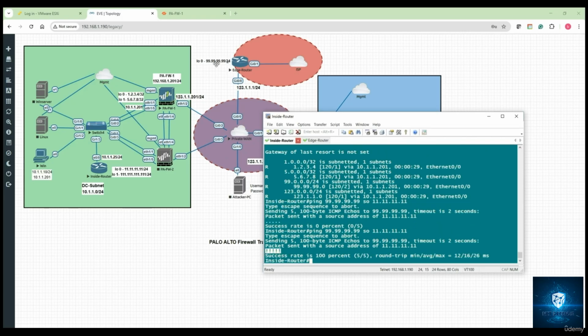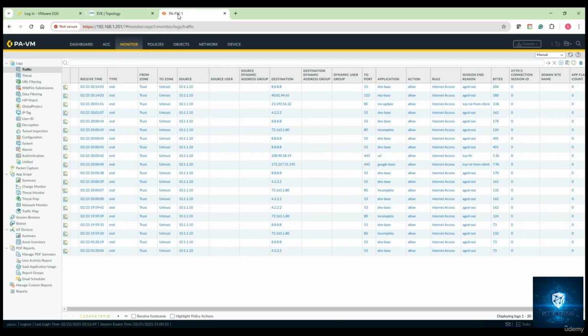My security policy is allowed, and this is a next gen firewall, so whatever traffic goes from inside to outside, it will create a session table entry for the same, and the return traffic will be automatically allowed on that particular session table. Now on the Palo Alto firewall, if I do a refresh,